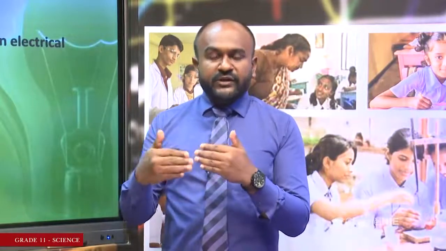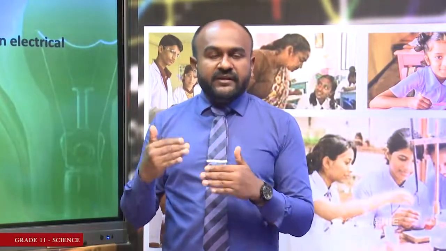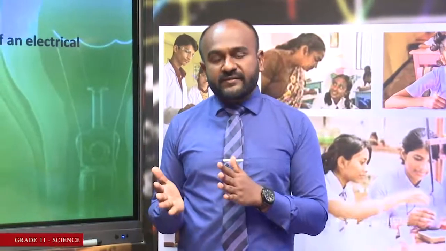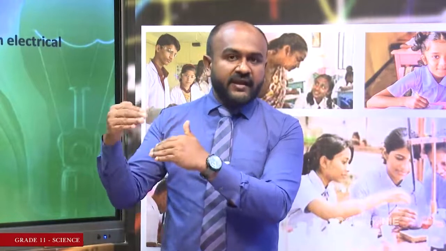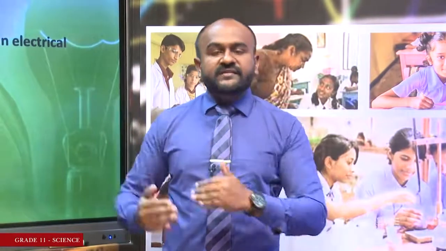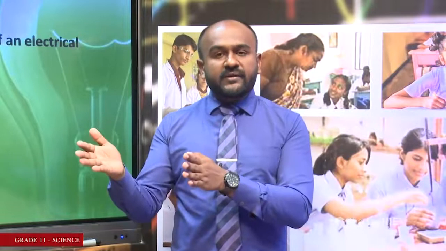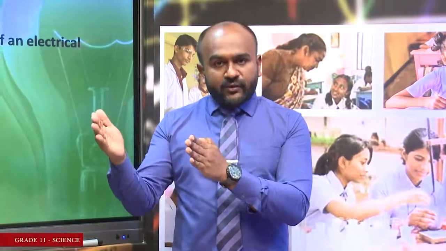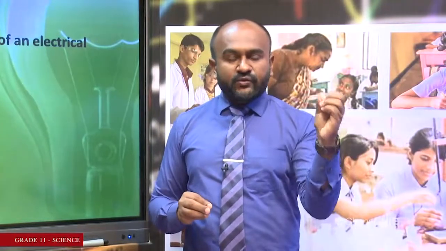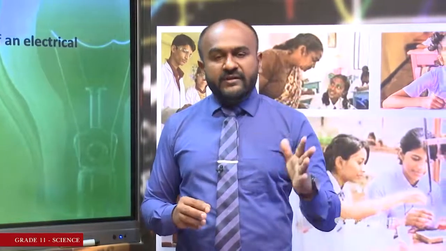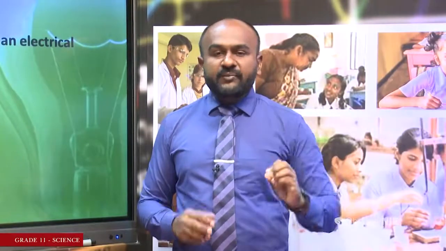Then you need to explain the energy dissipation done by electrical appliances and the power of electrical appliances. This is normally marked on electrical appliances. Looking at the power, we can decide the amount of electrical energy that it uses in a second. Then if we know the amount of electrical energy that it uses in a second, we can find the amount of electrical energy that it uses in 1 minute or 1 hour or in any given time period.